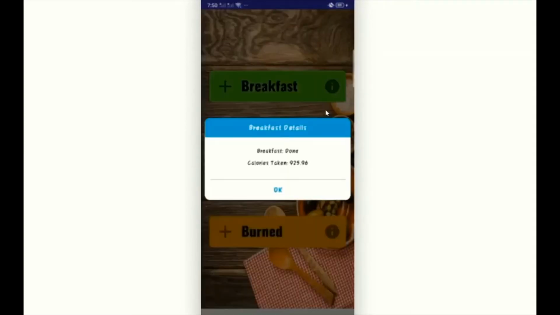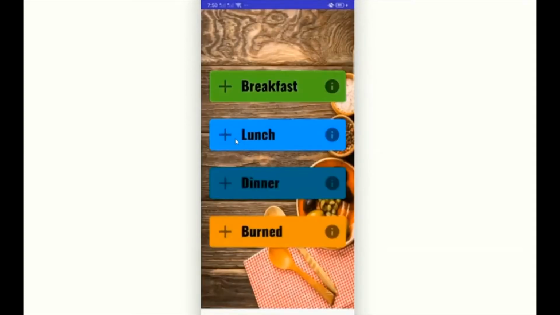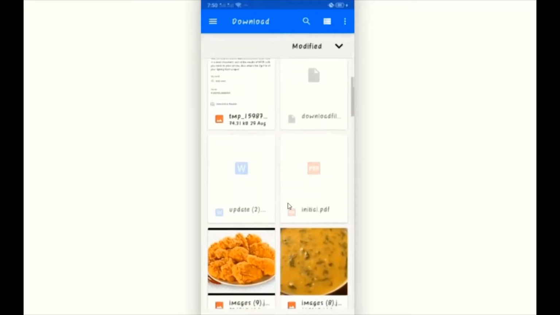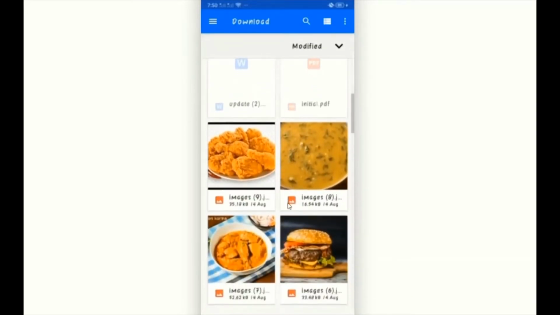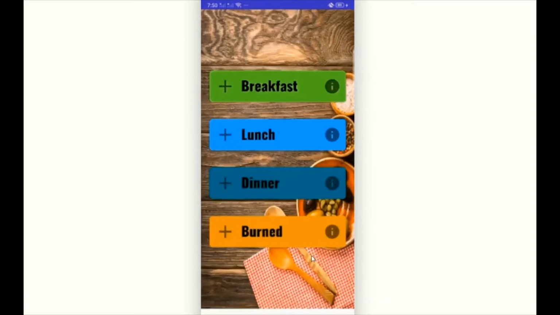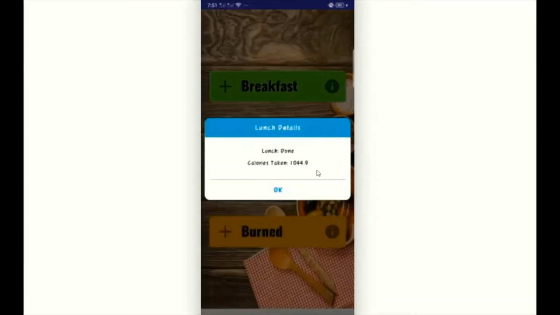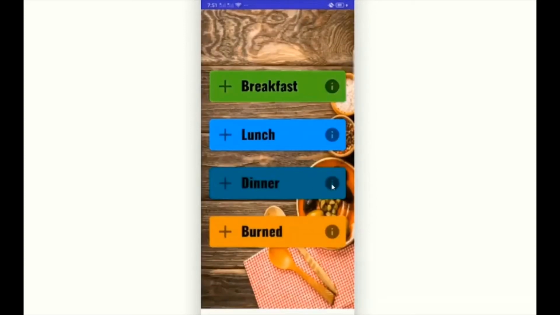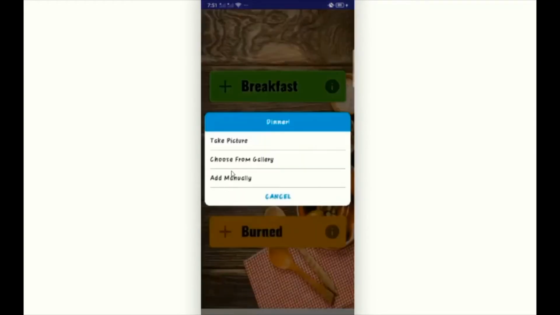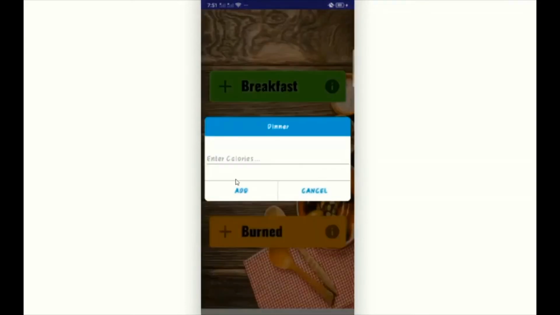Similarly, there's no data entered for lunch, and here at breakfast they tell us that the data has been entered. Now the user has an option to select the dish from the gallery, so we'll add something from the gallery, like whatever a user had earlier, they can input later on. So now as lunch data has been entered, it shows that this information has been done.